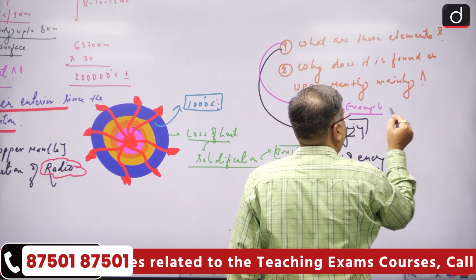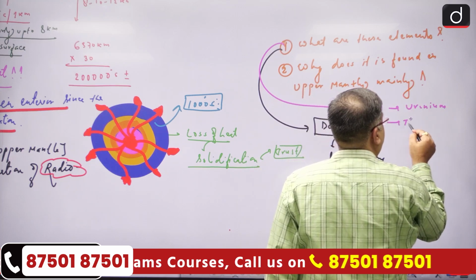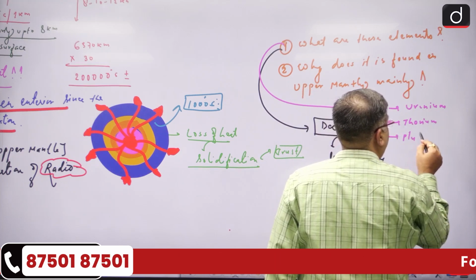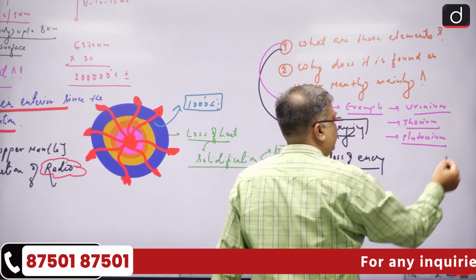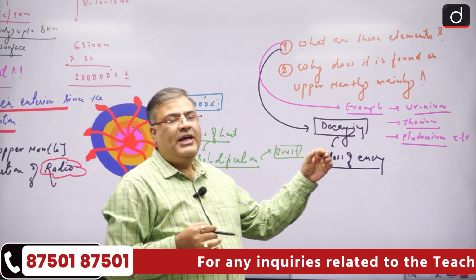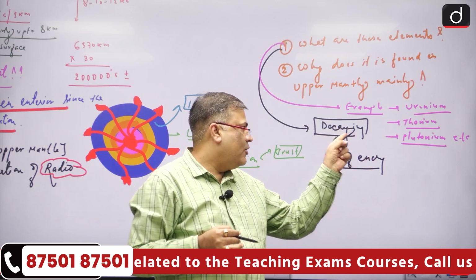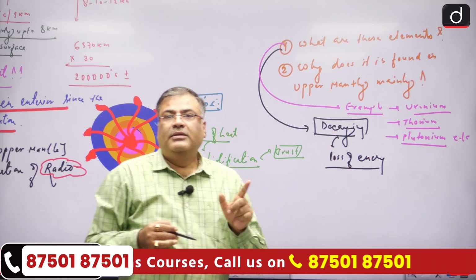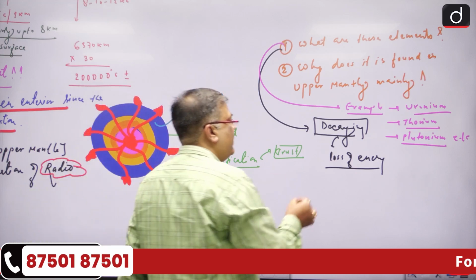Examples are uranium, thorium, plutonium, etc. So these are those elements which have very high mass, which makes them unstable, and they go through the process of decay. Now, this decay releases a good amount of heat